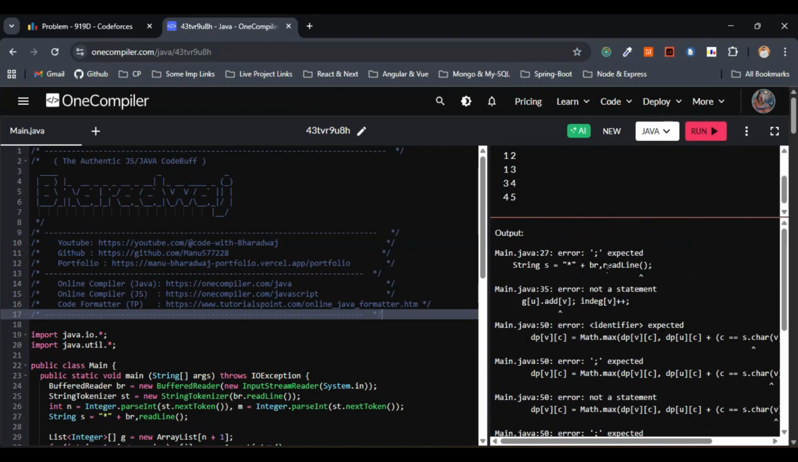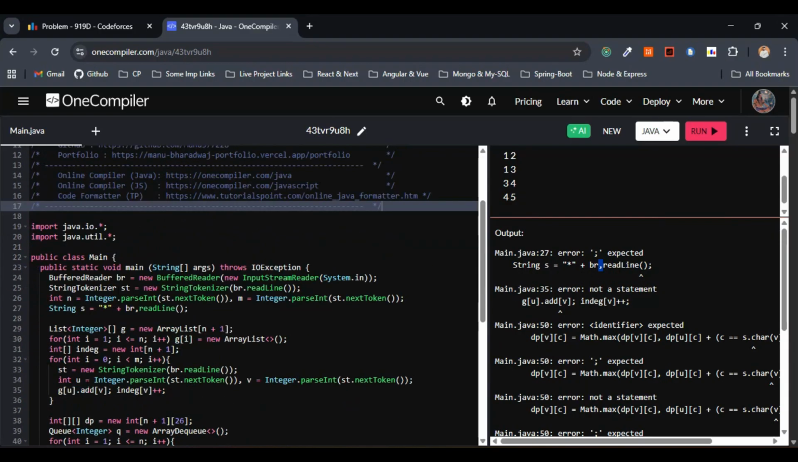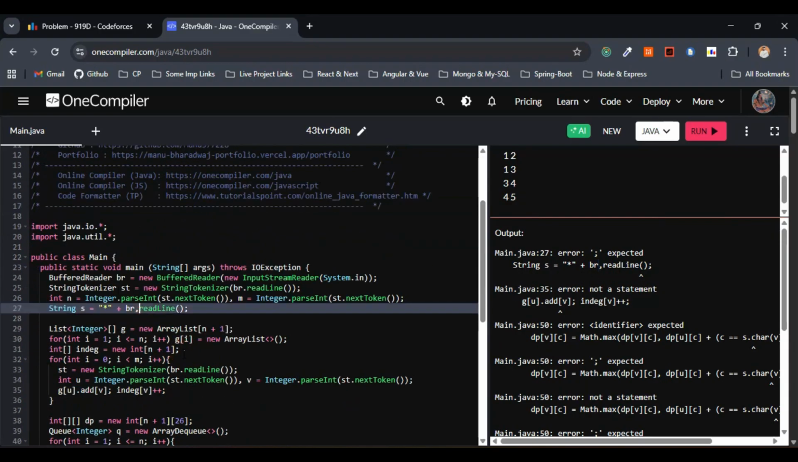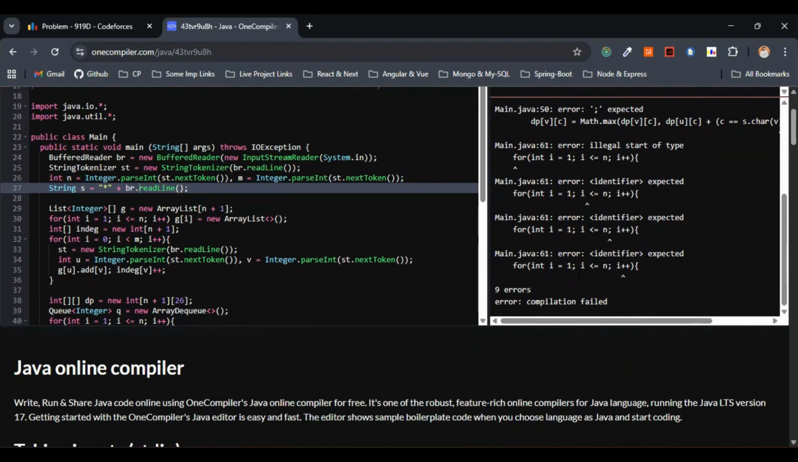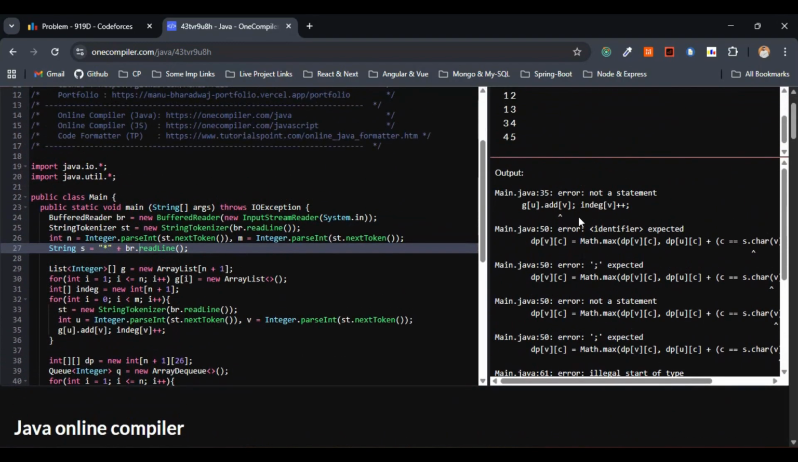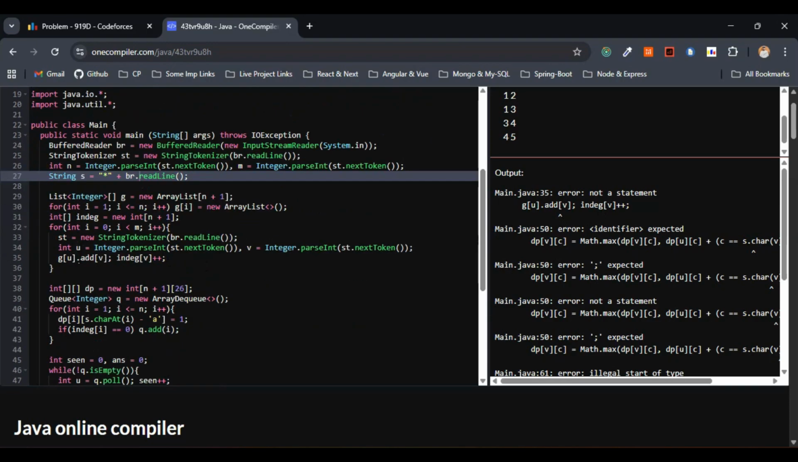So this one has to be buffer data dot read line. So this one, line number 27, has to be br dot read line. Buffer data dot read line. So this is fine. One error is gone. 9 errors we have. Again, error, not a statement. U dot add, line number 35. We have this one vertex. U to V we are going with, right? So this one,